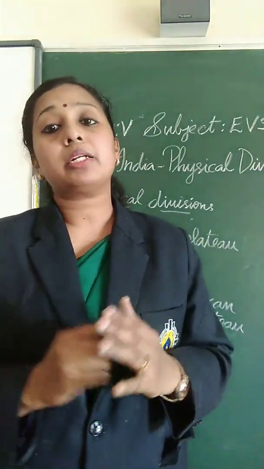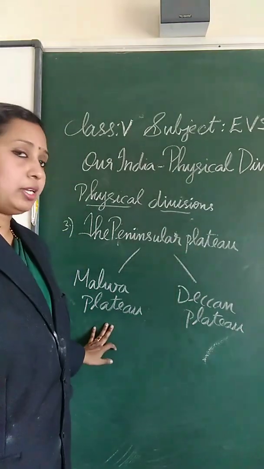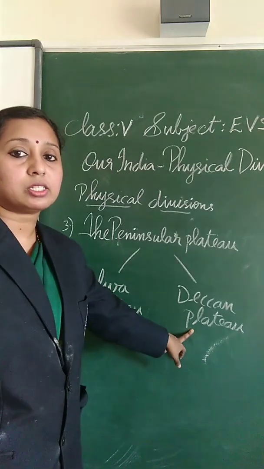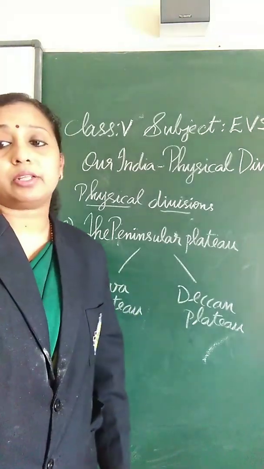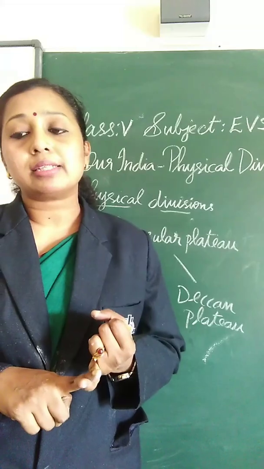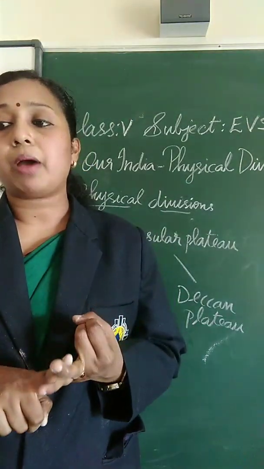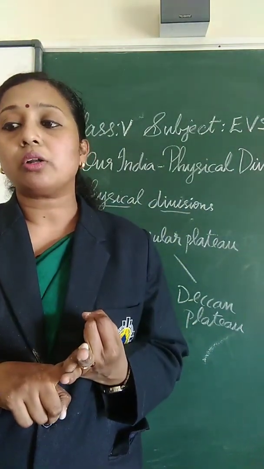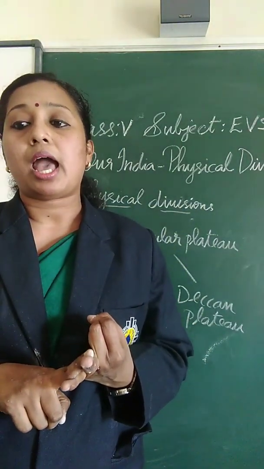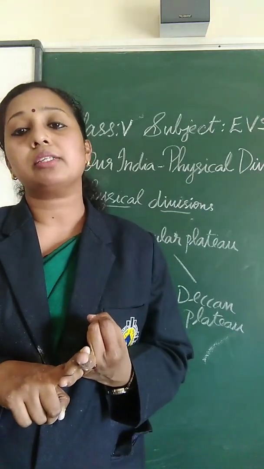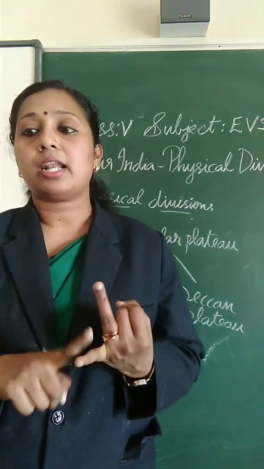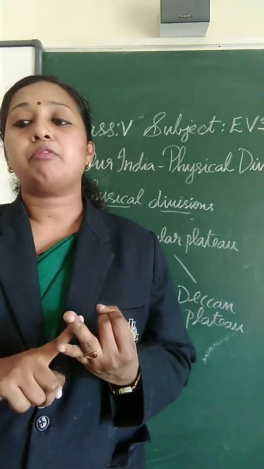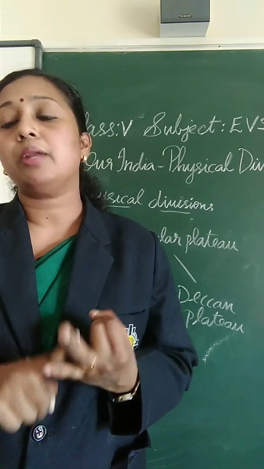So, the northern part is known as the Malwa Plateau, and the southern part is known as the Deccan Plateau. The Aravalli Range lies to the northwest of the Malwa Plateau and the Vindhyas lie to the south, and Mount